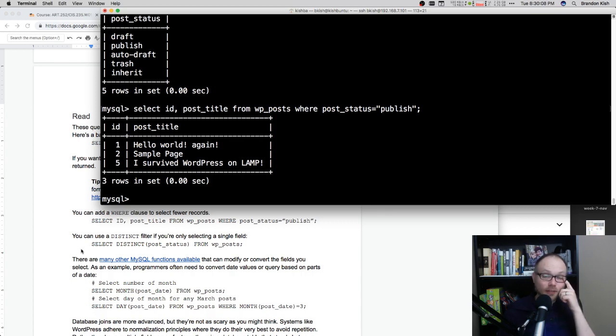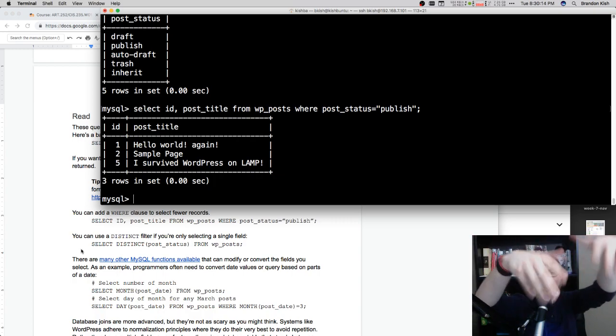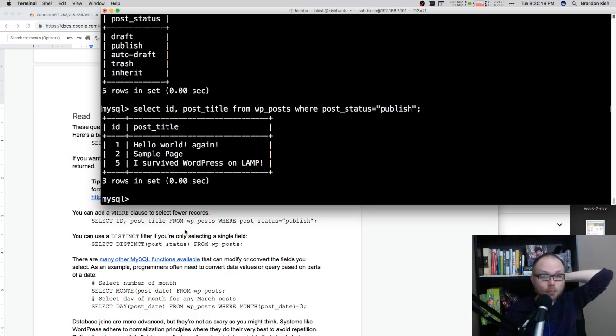And I think WordPress is fun because you can go and use the GUI to create a bunch of pages and have some of them be deleted, some of them be drafts, and then you could actually write even more fun queries in here. I wanted to point out that there are many other filters and functions that you can call on data. I had used distinct here, and I thought that was valuable.